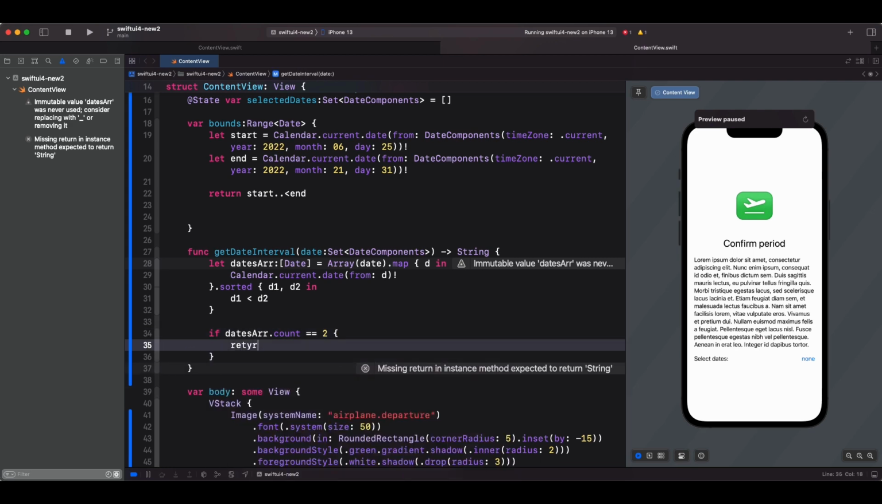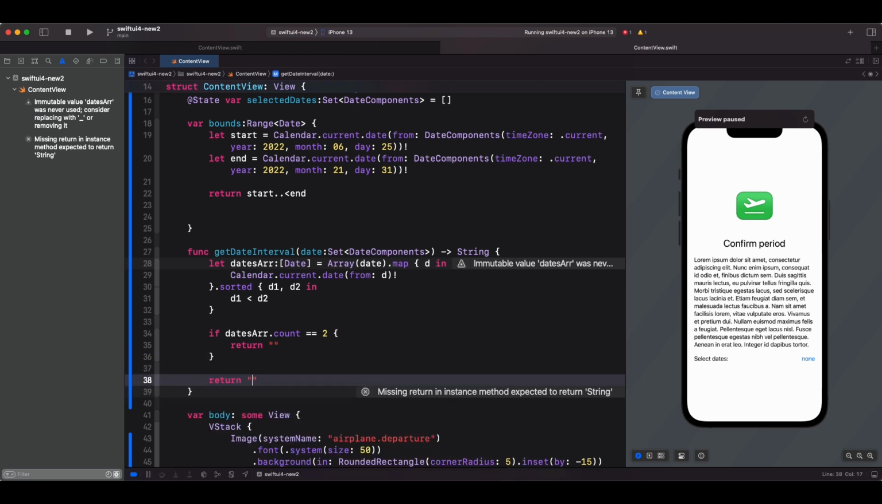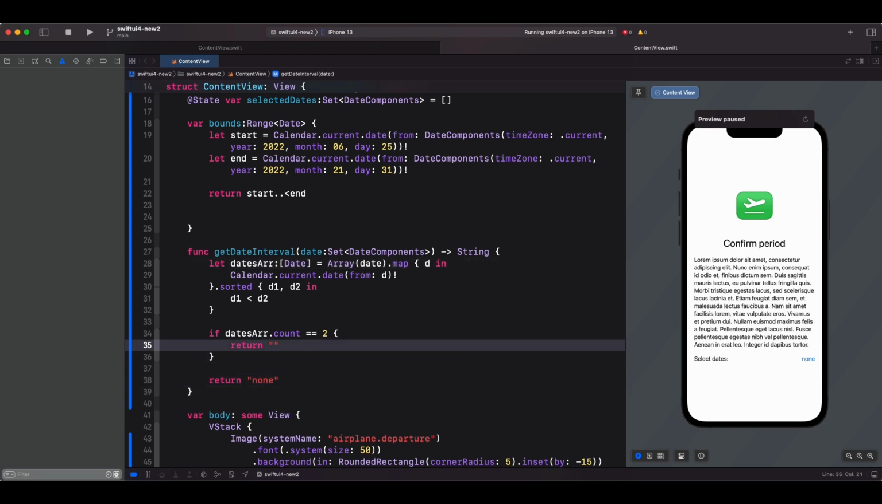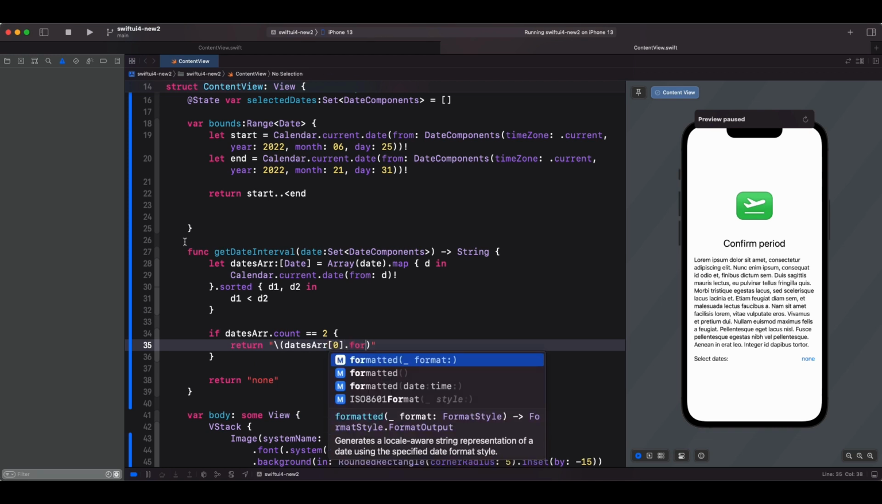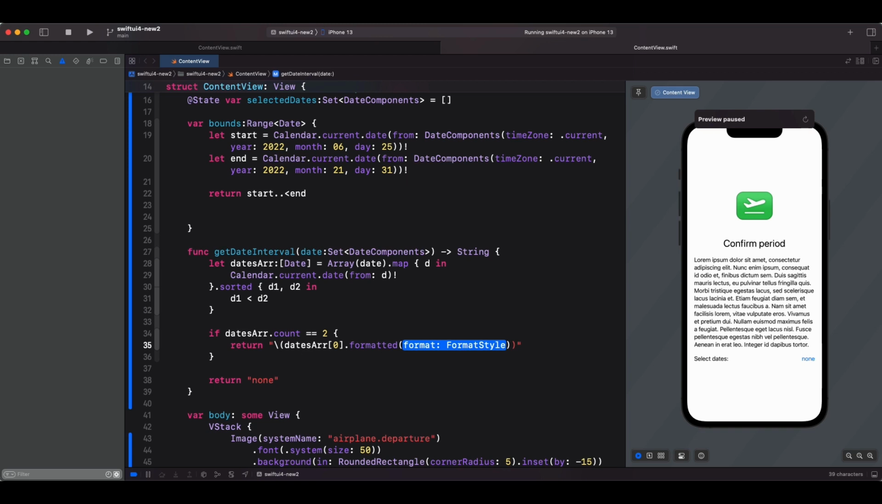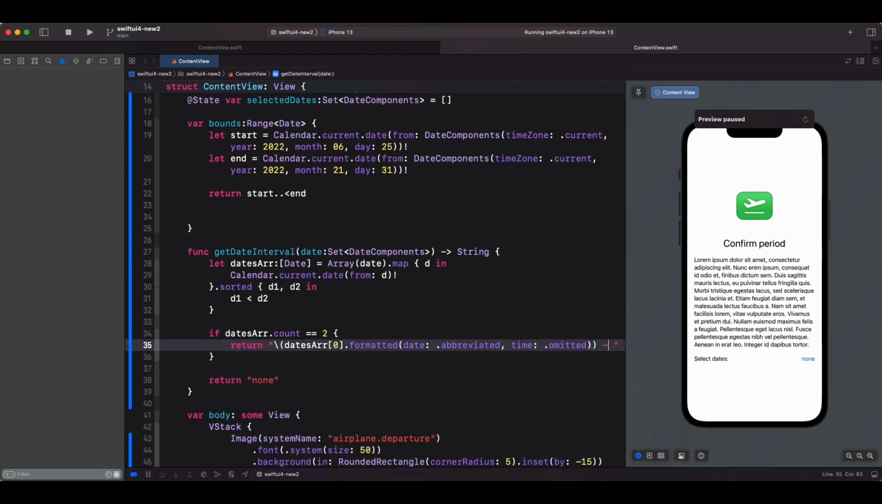then we'll return a string, else we'll return none, like this. And to grab a value from an array, we'll use an index. So we'll say datesArray of 0, this is the first date, and then we'll say formatted, and we'll need to give the date format. We'll say date abbreviated, and we'll omit the time, and we'll do the same for the end date,